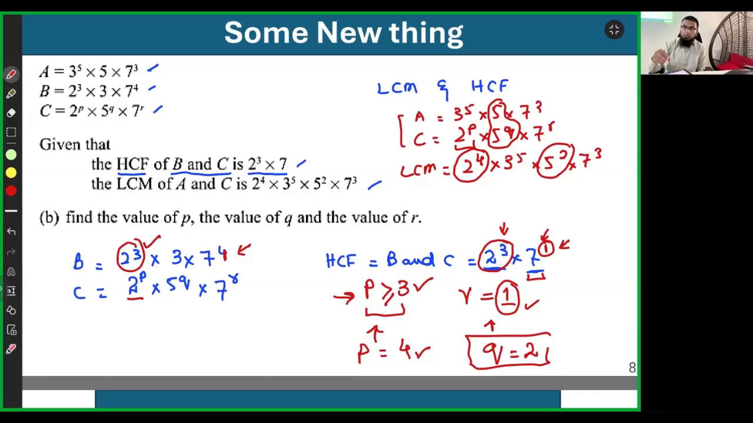सारे का सारा क्वेश्चन, B and C जो है उसका HCF गिवन था 2 क्यूब टाइम्स 7. ठीक है. और B और C का HCF अगर हम यहाँ से प्रैक्टिकली उठाएं तो क्या बनेगा? 2 क्यूब और 2P था ना. अब P की तो वैल्यू नहीं पता, लेकिन अगर HCF में 2 क्यूब लिखा हुआ है तो इसका मतलब है कि P की जो वैल्यू है वो 3 या उससे ज्यादा हो सकती है।